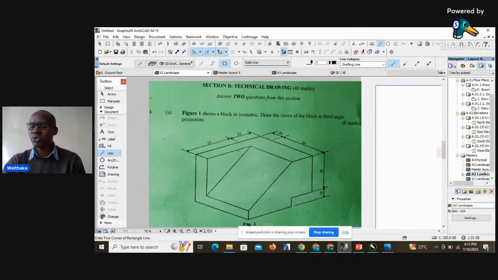It's very important for you to be able to project views in orthographic projection. For our case, we've been told we are supposed to project it in third angle projection. So we'll go ahead and try to interpret and see how the views will appear in that angle projection. But before that, it's important for us to understand